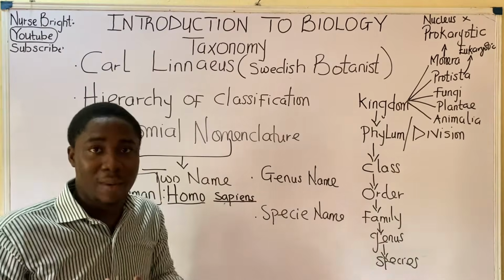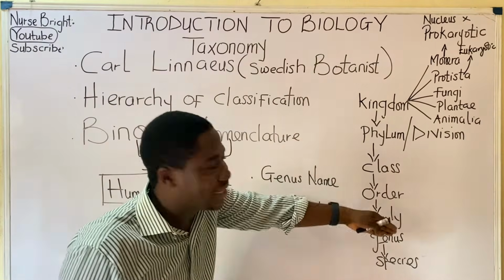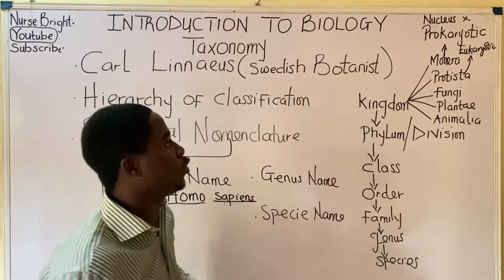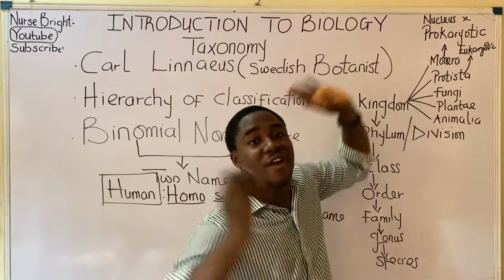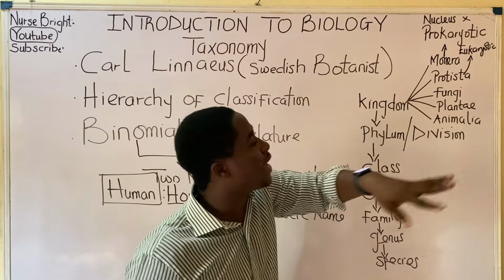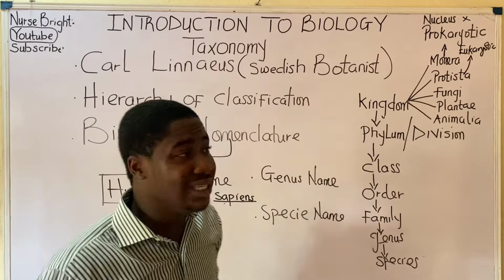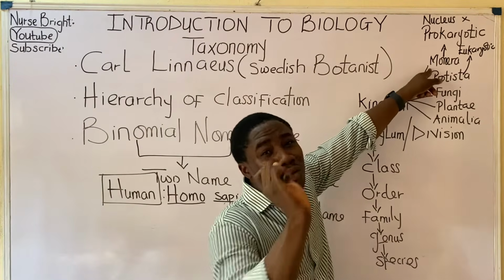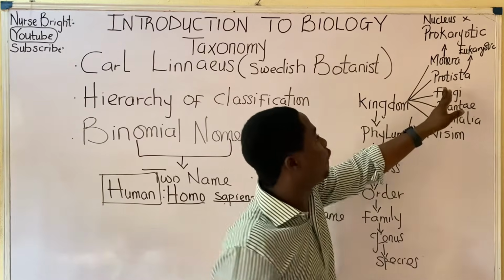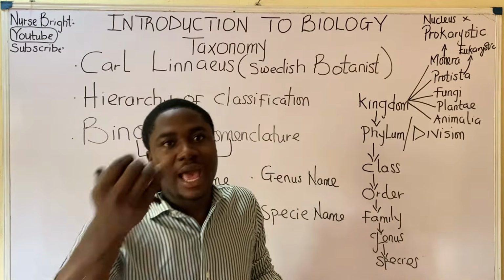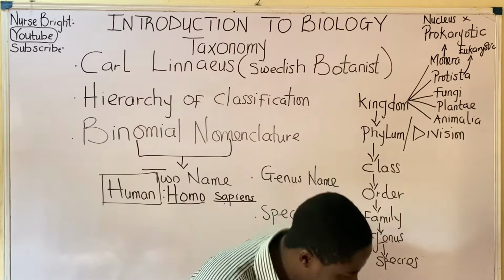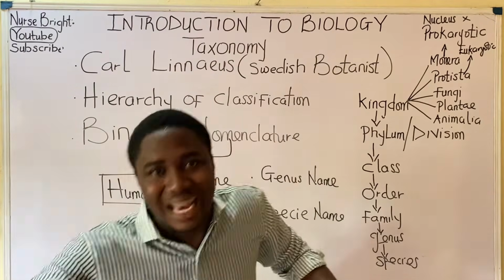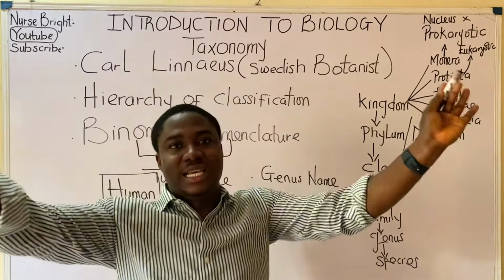So this is the scientific name for what we call what now? Humans. We humans. So moving further on this hierarchy of classification, you can see that on just kingdom we have about 5 of them: Monera, Protista, Fungi, Plantae, and Animalia. Do you understand? So also we have to understand where they came from. You can see I just said a little thing about Monera, that they are prokaryotic. For Protista, they are eukaryotic. That is why before we even get to kingdom, there is something we must understand first about organisms.